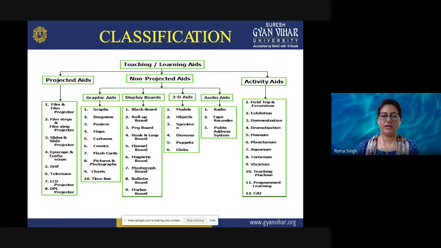A museum can be prepared with the help of students and teachers. Visit to planetariums or a planetarium in our institution, aquarium, terrarium, vivarium, teaching machines, programmed learning methods, or computer aided instructions, where we make use of computers for giving instructions. So this is how a classification can be done for our teaching learning material or teaching aids.